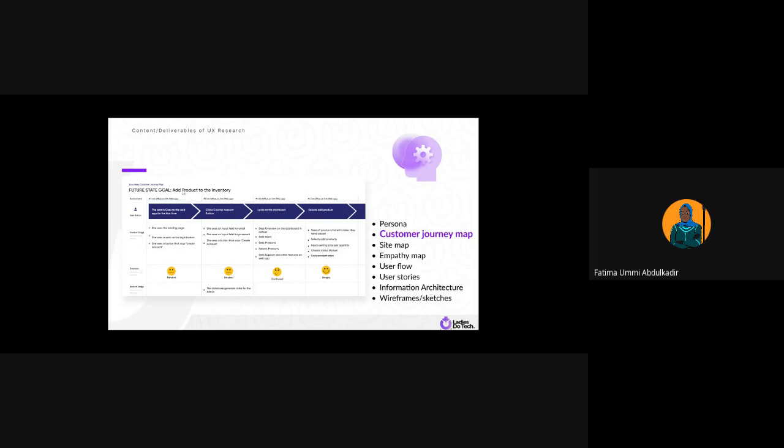Let's not forget the user journey, or let me say the touchpoint of the user journey, which is to add product to the inventory by an admin. So if they're adding the product to inventory, they need to input the price. They need to check the status. Will they put this product out as active? Is this product available, or is this product finished? All of those little details. So the user sees the product price. At this point, the user has achieved what they want to achieve. So you deduce that the user is going to be happy at this stage.